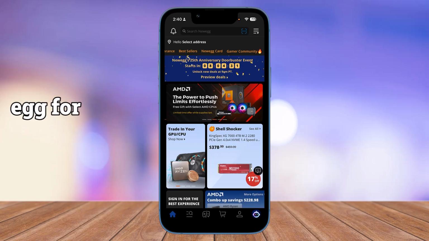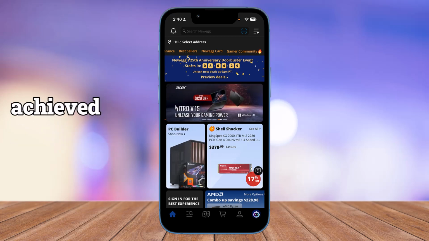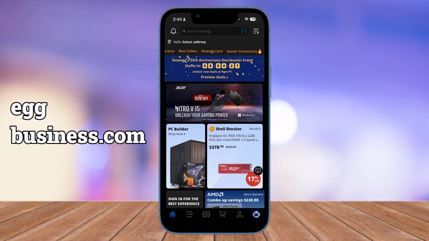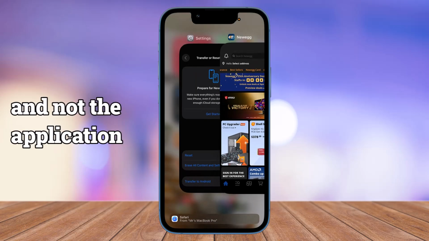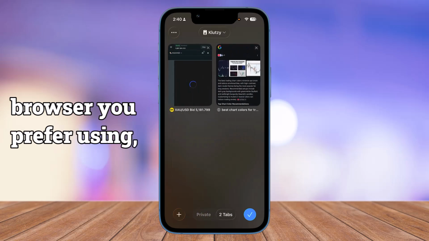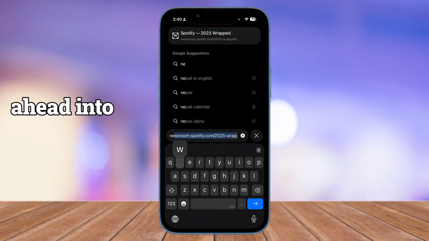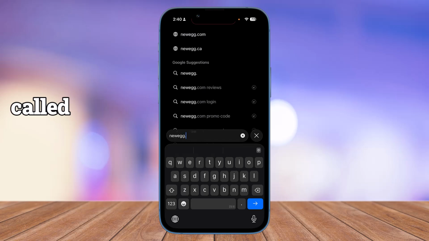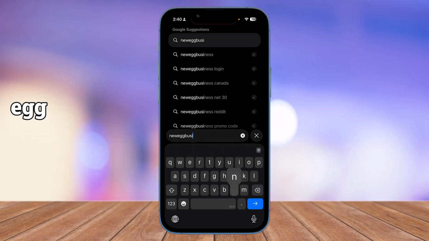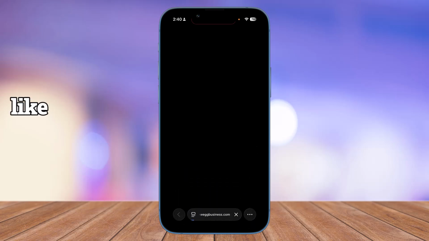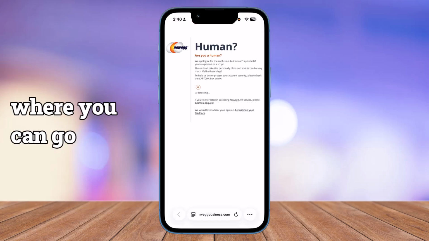So using Newegg for business and bulk orders is best achieved through neweggbusiness.com and not the application itself. So you can simply go ahead into any browser you prefer using, head to newegg.com or neweggbusiness.com, just like that. And once you're in here, this is exactly where you can go ahead and do it